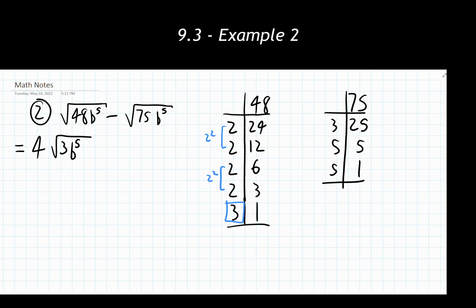There we go. So now, from here, we have our prime factorization of 75. We're noticing 5 times 5 is a perfect square. So if that is a perfect square, then I can bring that out front for that second radical. And then I have this 3 left over, and that's just going to go left over inside here. And now, at this stage, I'm noticing that the indexes are still the same, and now the radicands are the same also. So because the index and radicands of both radicals are the same, I can therefore combine the coefficients together.